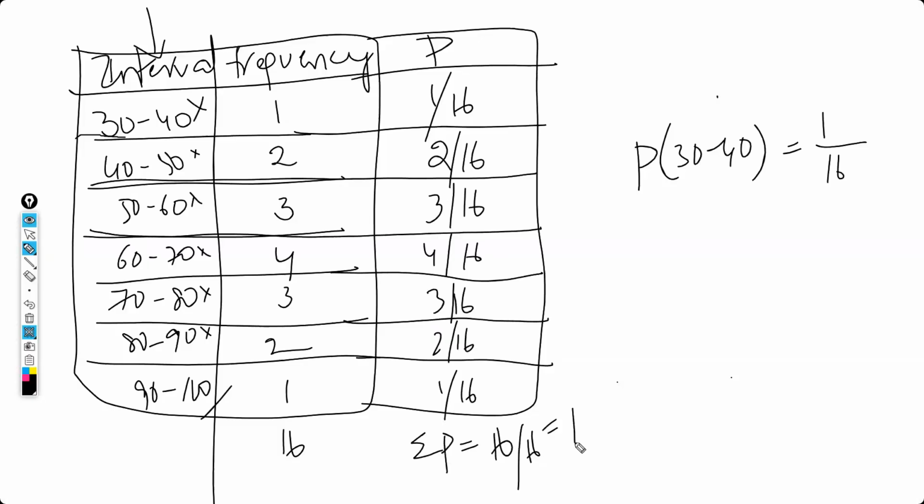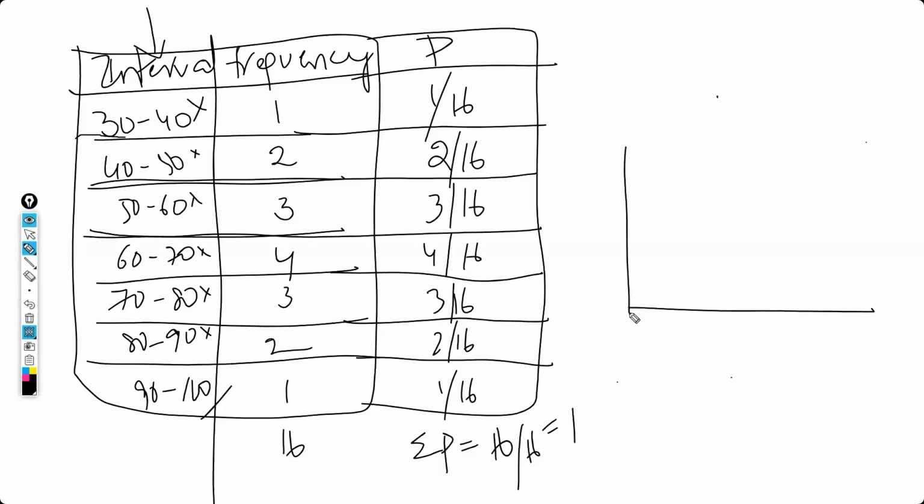Now what is this table? Probability table. Of course, you have to remove the frequency, it is not required. This column is not required. Interval and probability. This is called a probability table. Now, I'm going to draw the diagram. Now on the x-axis, what do we have for the probability distribution? On the x-axis, what do we have to consider? X-axis distribution. On y-axis, probability.